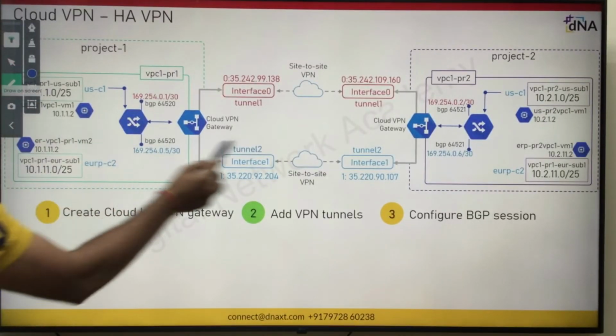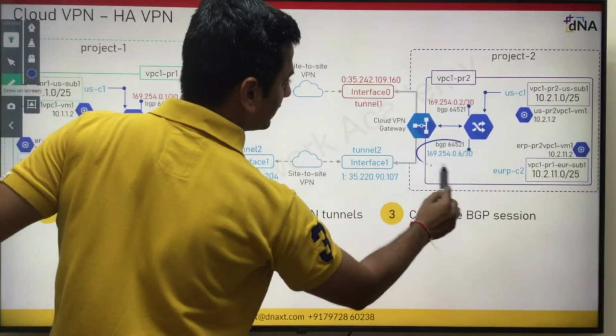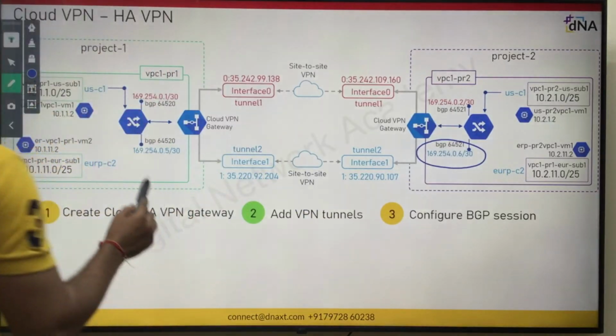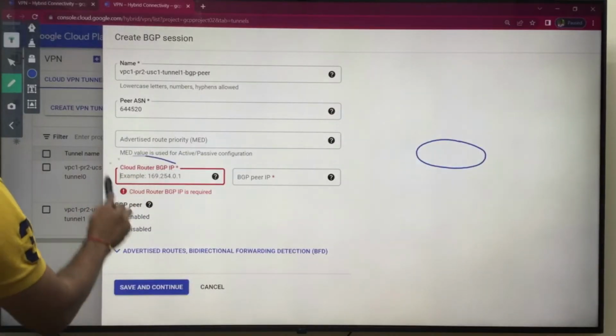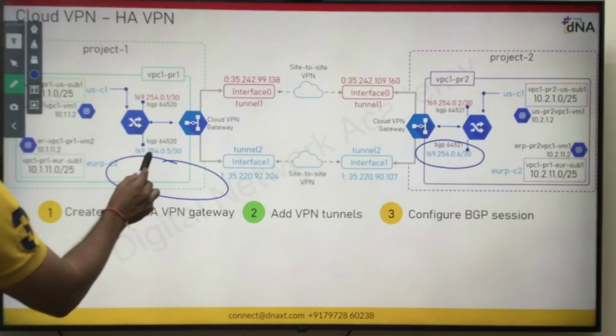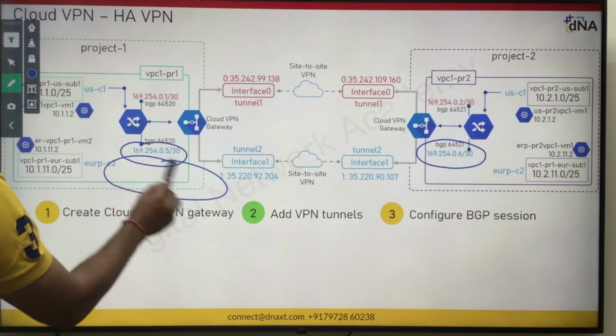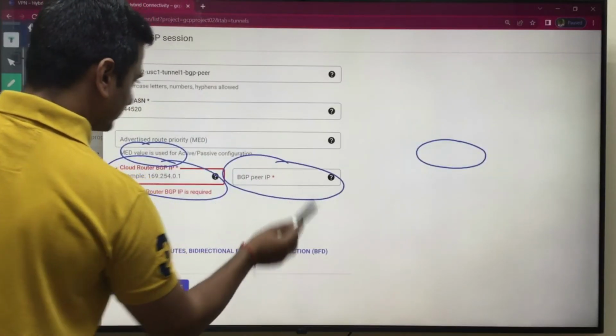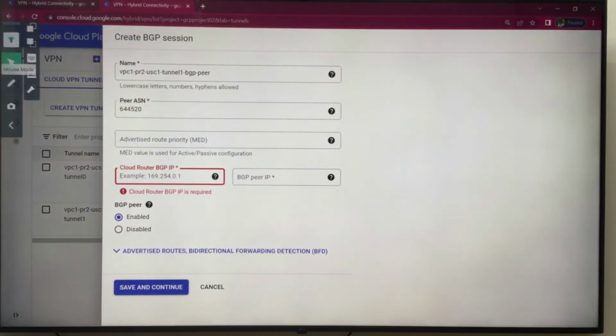Now cloud router BGP, go back, cloud router BGP. So for PR2 your IP address is 169.254.0.5, which you will configure over here, and 169.254.0.5 you will configure as a BGP peer address. Okay, so wrongly I started with peer 2, not project 2, no problem.